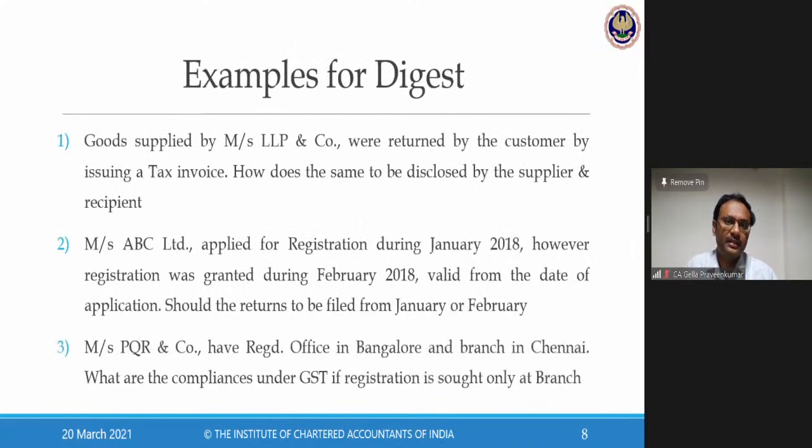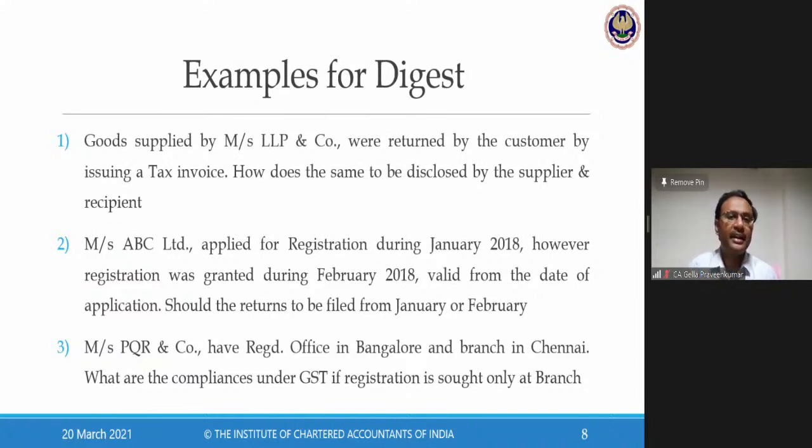Now, as I say, I'll take you through a couple of examples. It will be an eye-opener for you to understand the practical issues which we come across day to day in our office. People who have not much exposure in indirect taxation laws, you can visualize through these examples what could be the practical issues the clients, the assessees, do come for your help. And people who have a very good exposure in tax laws, this will give you a little more edge of thought process. Let me start with the first example.